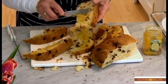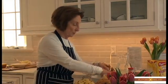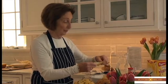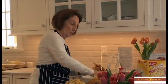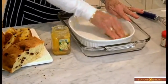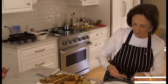I'm going to be using a 1.5 quart baking dish here. I'm first of all going to butter it, and this is a little tip. I don't know if it's a tip, but this is the way my mother used to butter her pans. She would take the paper from the butter, just so she didn't waste any of it. And I'm using Kerrygold Irish butter, which we'll talk about in a little bit, but I'm going to butter the pan and